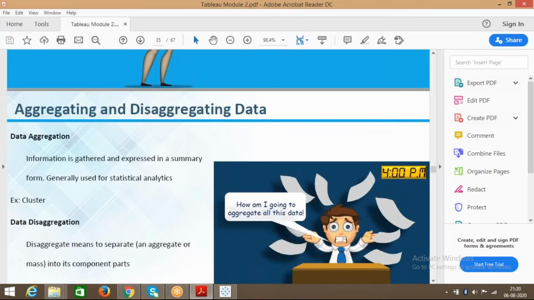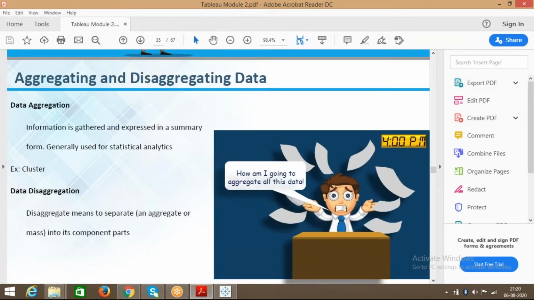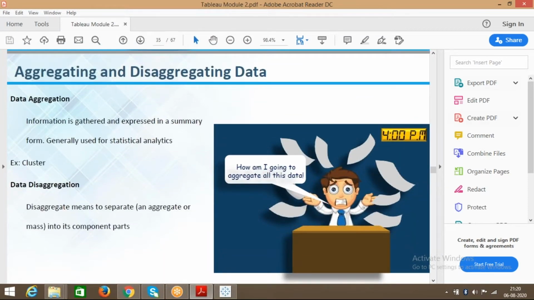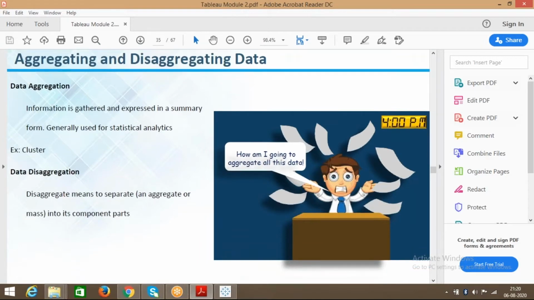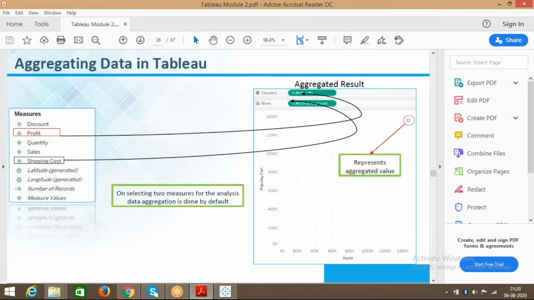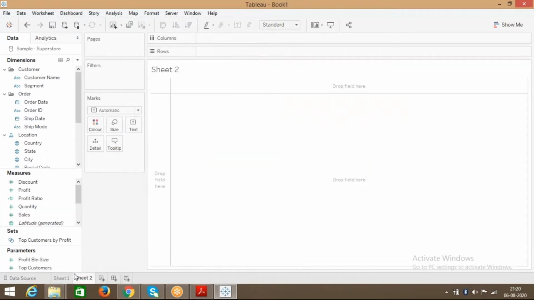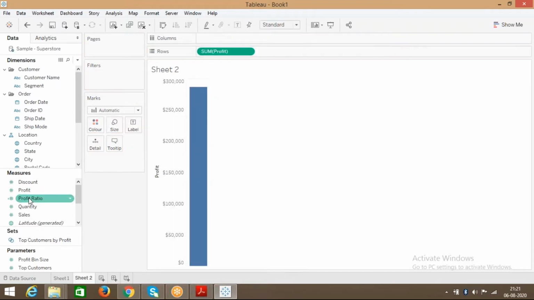Before we proceed with that, we need to know how aggregation and disaggregation happen. For example, consider I'm going to create a new sheet. In this one, I am going to drag the profit and sales.